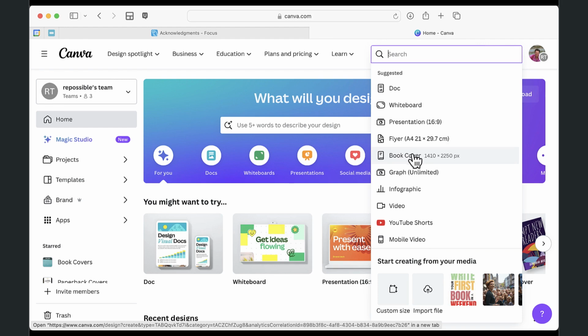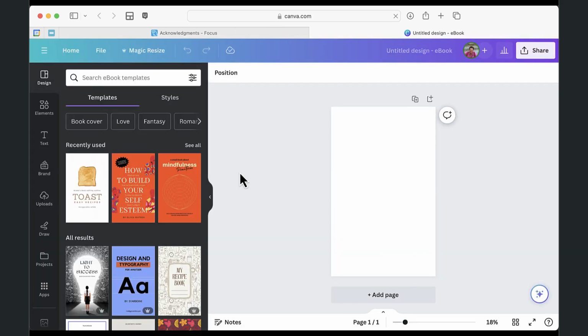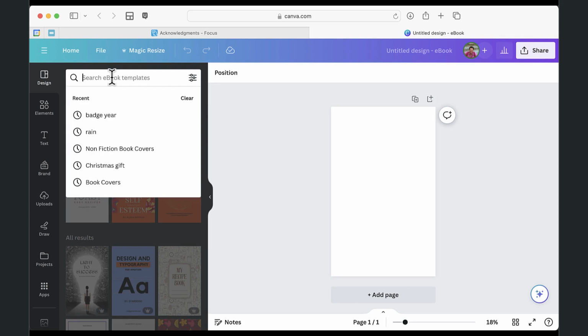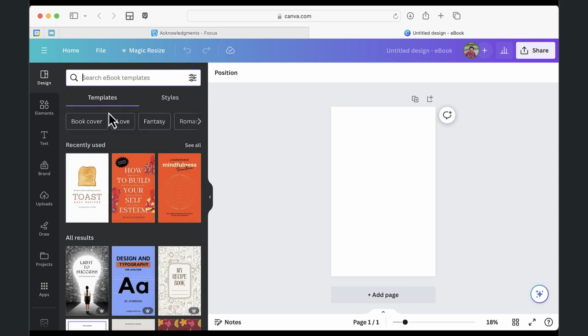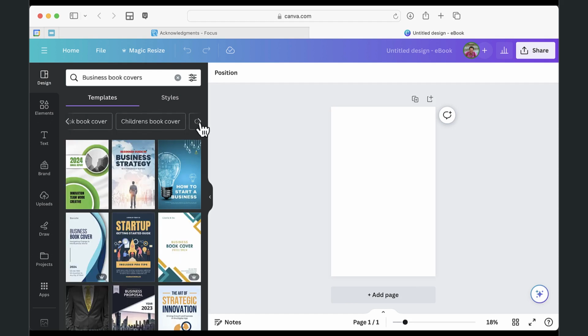But let's do this right now. We're going to do the simplest thing ever. We're going to do a book cover because I want to show you this as fast as possible. Here we go. Over on the left, we are currently in book cover mode because it already did the correct formatting, that 1410 by 2560 or whatever it was. So I can search for a template book cover. It already did that. Then I can do business book cover or